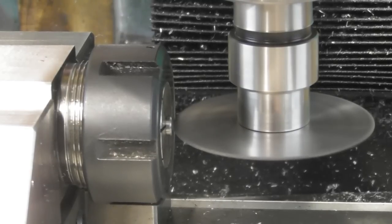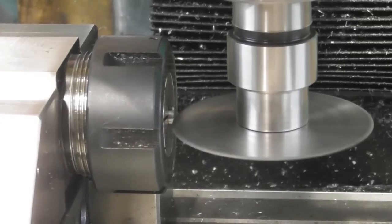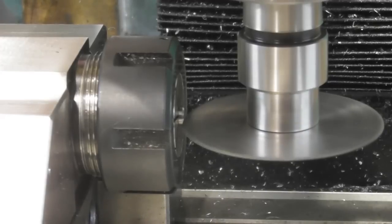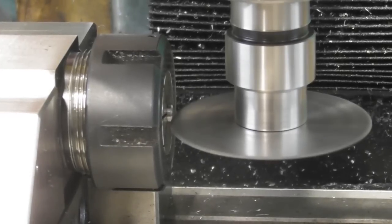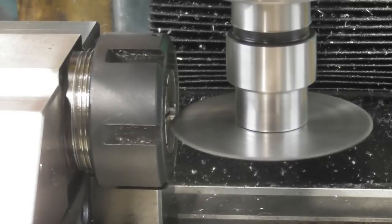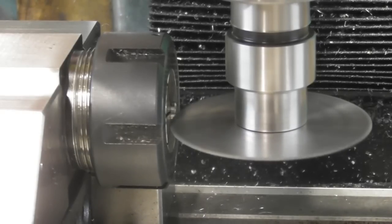So there's the touch. Let me come back off out of the way. I'm just going to set a 0 on X on the DRO. I'm going to wind the cutter off the job, and I'm going to move in, not quite off the job enough. 31.2 thou. There you go. Lock X now,